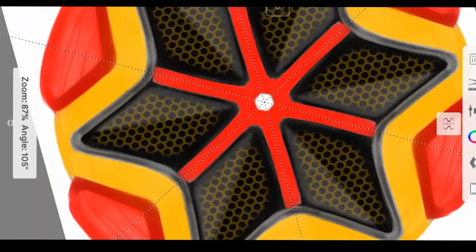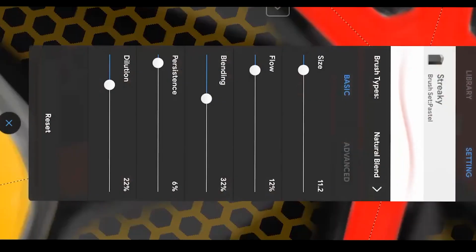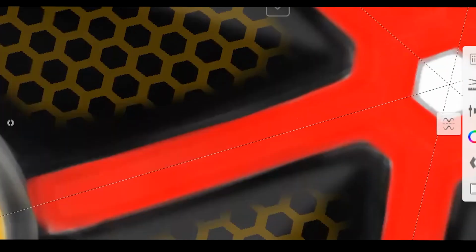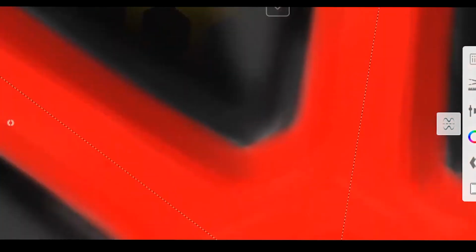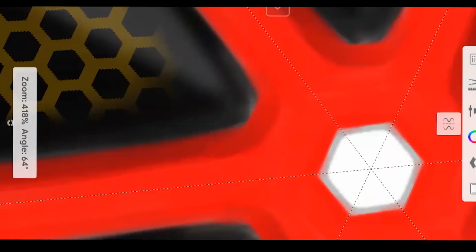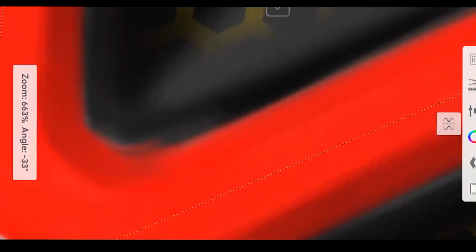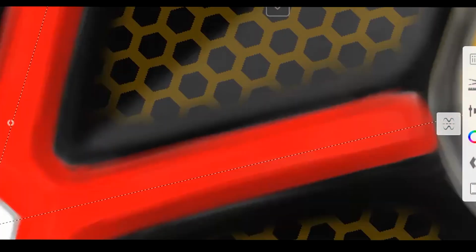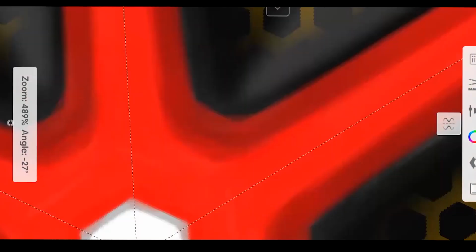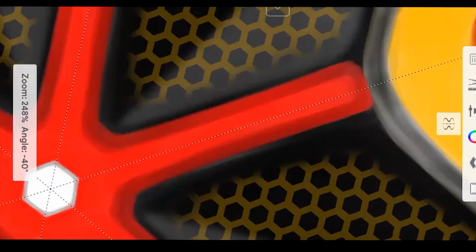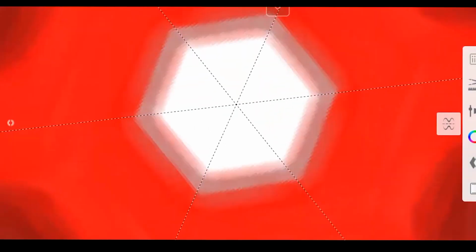So now again, a little bit of depth here also. So the spoke is also three-dimensional.